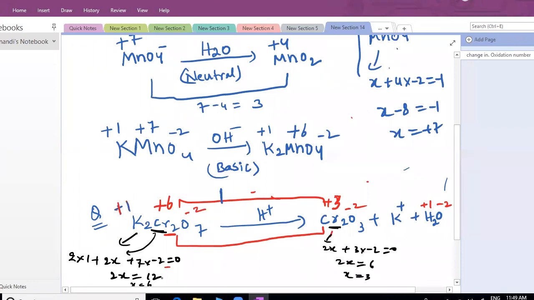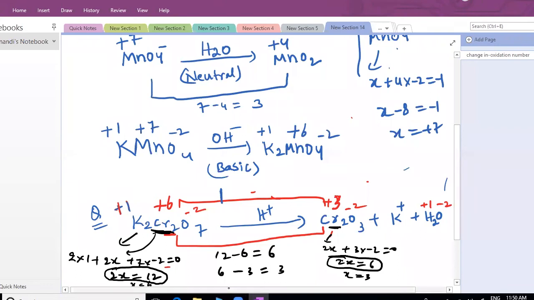If you take the difference between 2x, means total we are considering 2x equal to 12 and 2x equal to 6, what's the difference we are getting, sir? 12 minus 6, 6 you will get. Otherwise, x equals 6 here and 3 here. The difference is 3. 3 is for 1 chromium, sir, because the x value we are taking is 6. 1 chromium is a difference of 3, but 2 chromium, how much? Because the reactant has 2 chromium. For 1 chromium we are getting a difference of 3 on both sides. For 2 chromium, 6. That is the reason we are multiplying into 2.